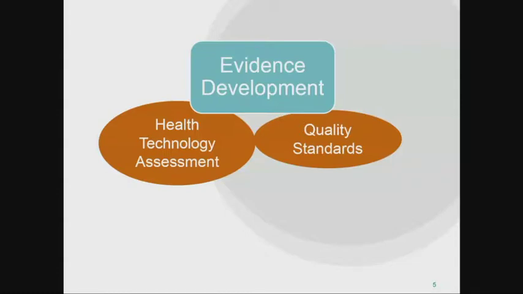This evidence development function is made up of two programs. First, the Quality Standards Program, which is a program that sets out to develop a library of standards that consist of concise sets of strong statements that focus on conditions or topics where we know there are large variations in how care is delivered or where there are gaps between the care provided and the care patients should receive based on the best evidence. We develop these in collaboration with a topic-specific advisory group of patients, physicians, other clinicians, caregivers,